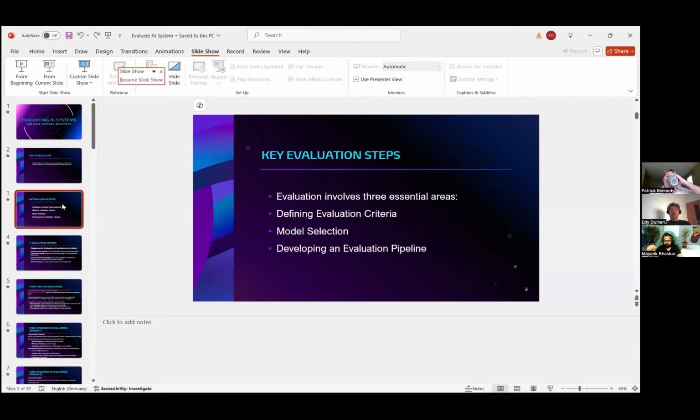The second big point is to select the model. It's the classical IT question: should we buy or build? It's an old question. And then the third big point is how we evaluate the AI solution.